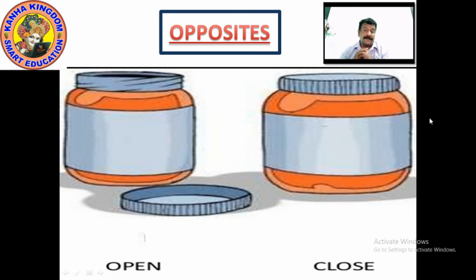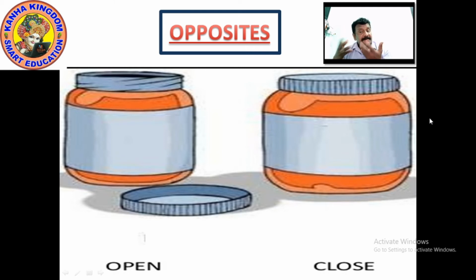In other places where these words are used, the opposites are used as open, close. If you go to some shop, you say the shop is open. And sometimes when the shutter is down, all the doors are closed with a lock, we say the shop is closed. Right? When we say the shop is open, closed, the words are used there also.